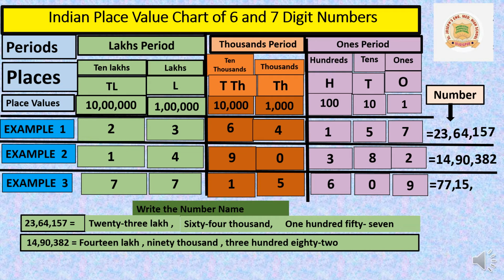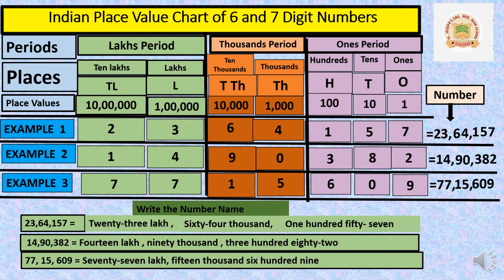Now in hundreds place 6, tens place 0, ones place 9. So this becomes 609. Now let us write the number name. 77 lakh 15,609. This is the method to write the number and number name of the given digits in the place value